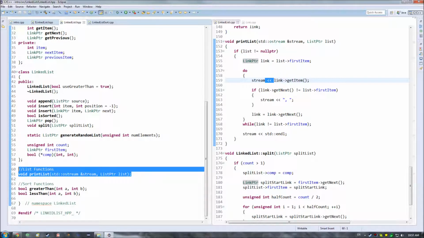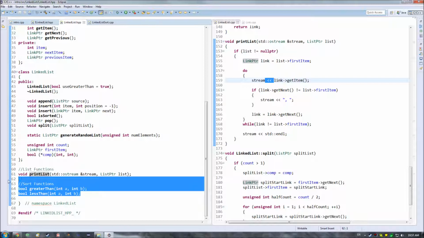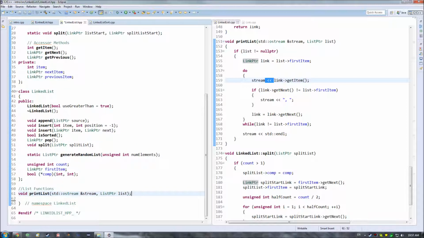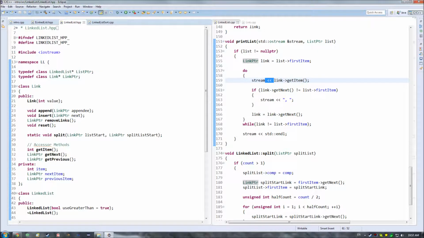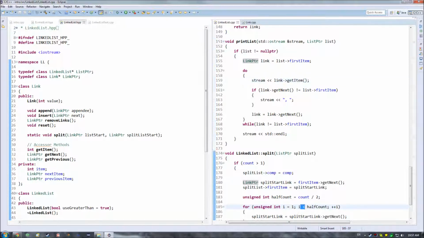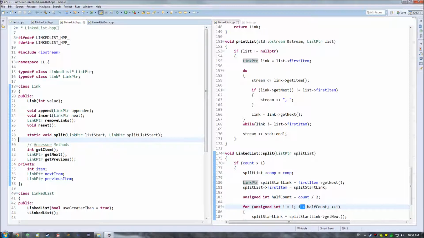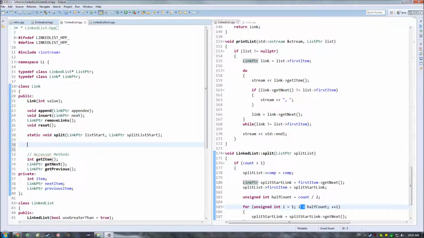However, let's begin with something somewhat simple. And for that, we're just going to deal with removing these two sorting functions for greater than and less than, and their comparisons. And in place of them, we're going to overload the operators for less than and correspondingly for greater than. And the way in which we do that is we can head into link, and the first